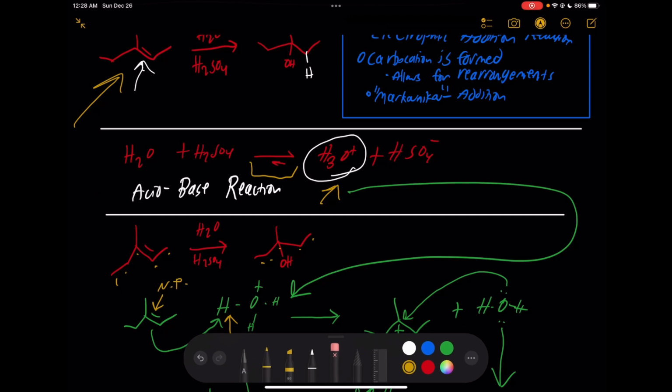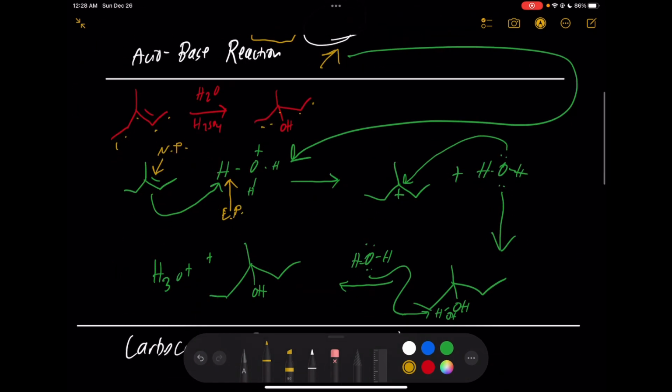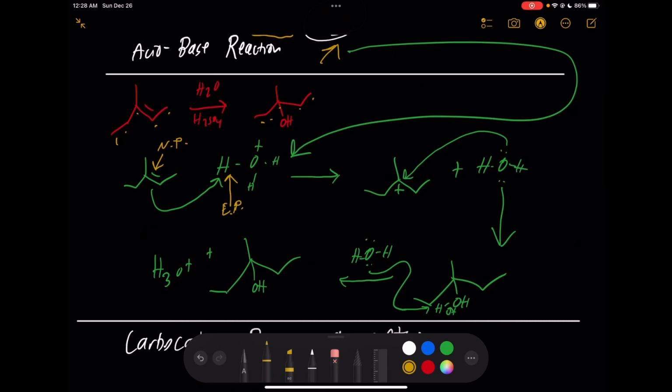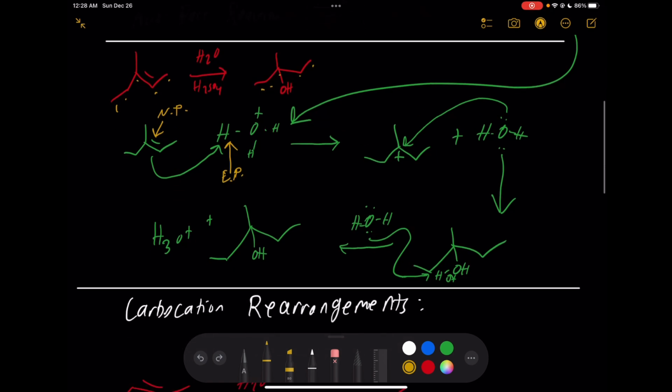And so that's what's going to be attached, or really attacking, that carbocation right there, which, like we said, is Markovnikov, so it's going to be on the most stable carbon. And that's just because of hyperconjugation stabilizing this, because you see there's 1, 2, 3 alkyl groups on there, which donate electrons via sigma bonds to that carbocation, so you're just sharing the electron density throughout. So it's more stable, because we know that